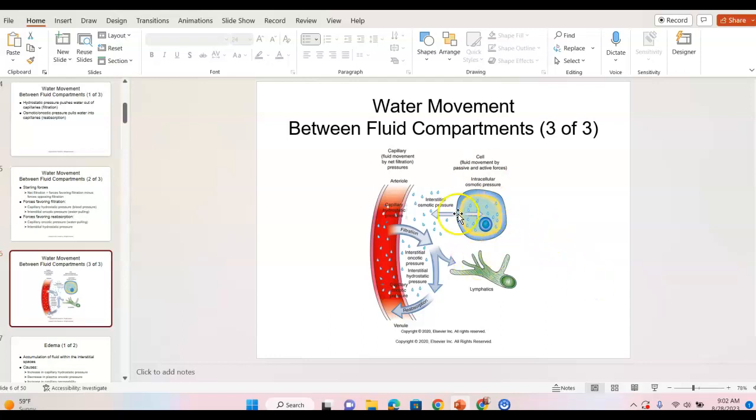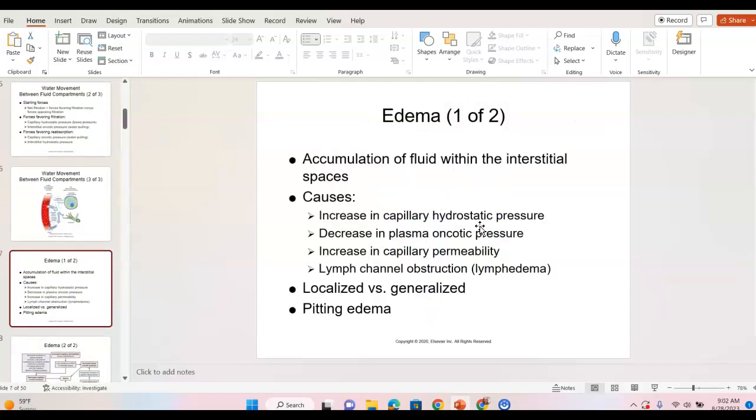But then we have fluid inside and outside the cell. Don't forget, I talked to you at the beginning about how ions help to balance that. We also will have a little bit of hydrostatic pressure, not much. It's going to be primarily ions that drive that. And then we have those protein pumps across that cell membrane, which help to balance out ions and fluids as well. Edema is the inability to get the fluid back into the venous system,